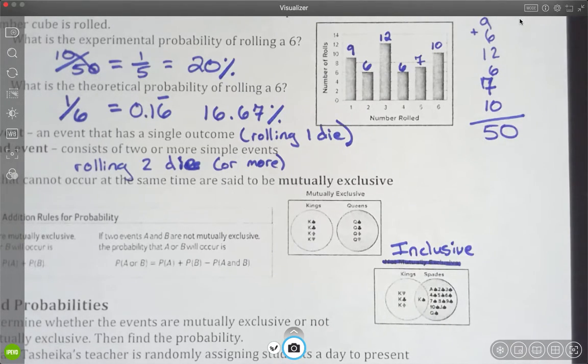Okay? Same thing with like males and females. Even though we're not going to get into that. So, we're going to assume that you cannot be male and female at the same time, even